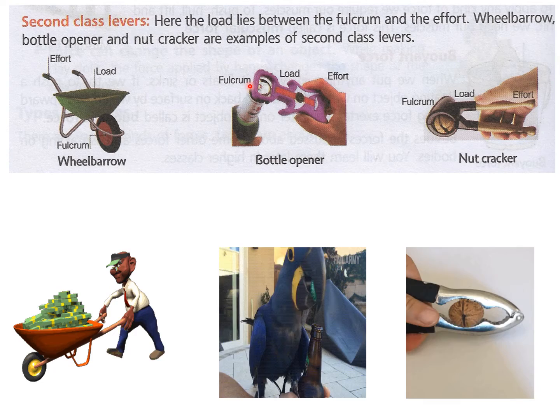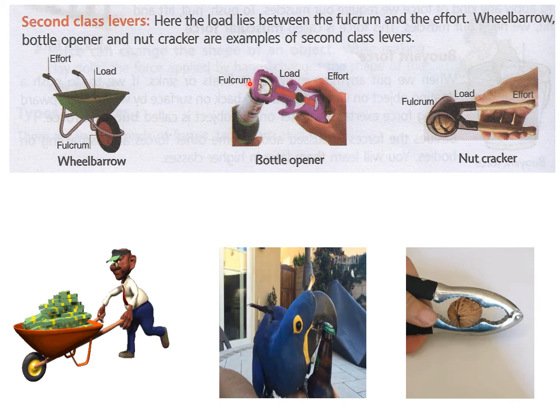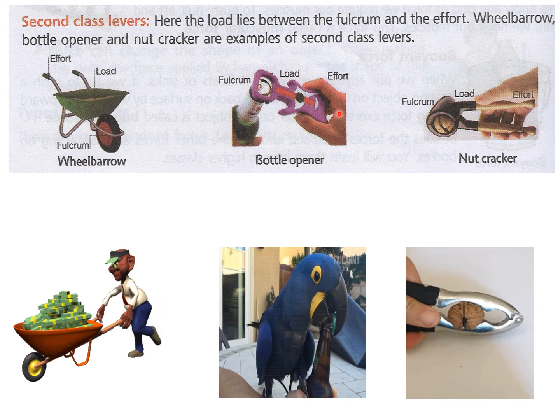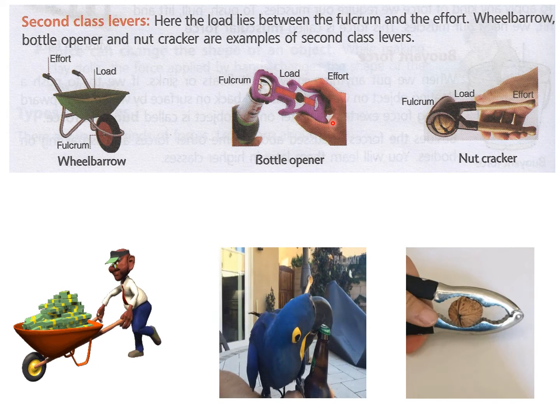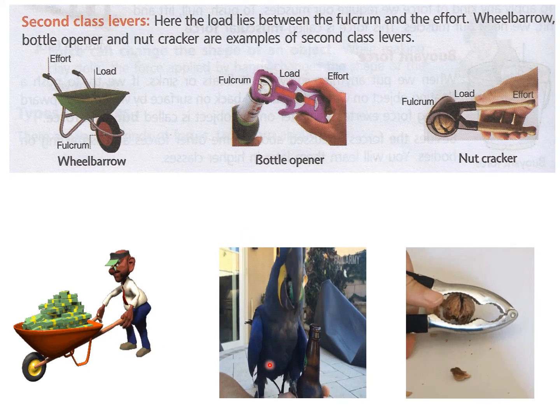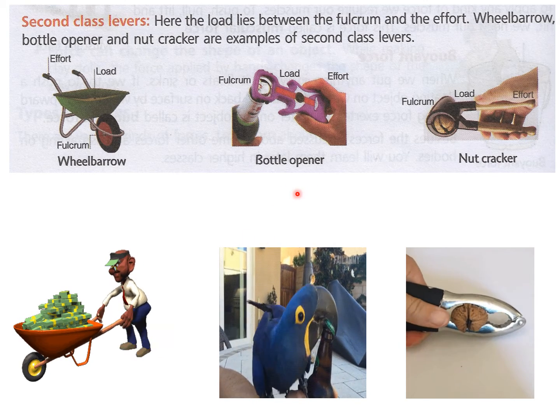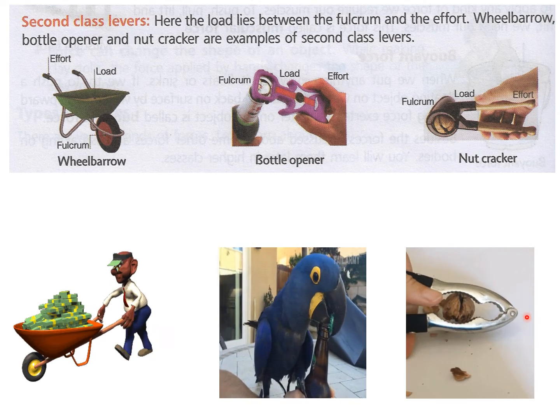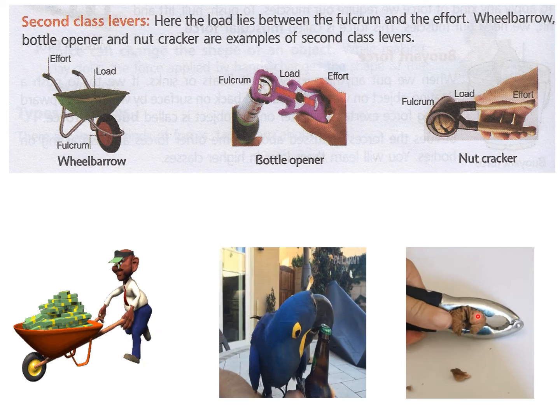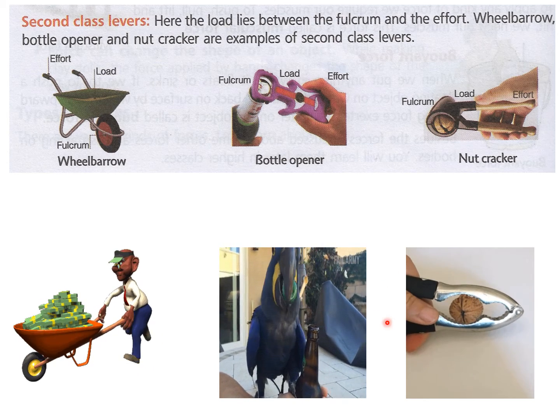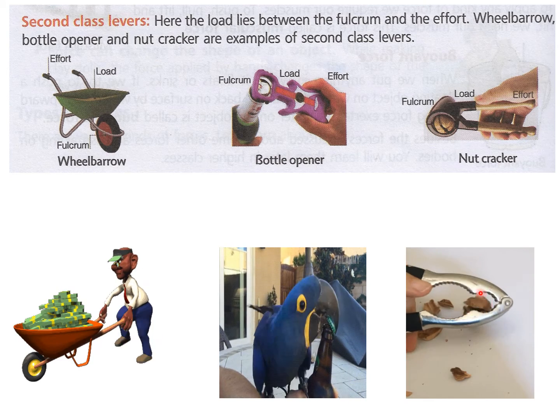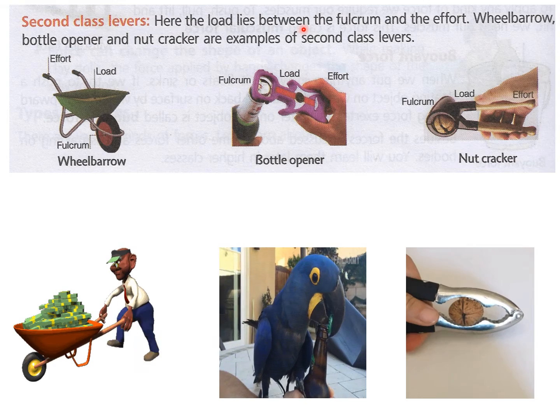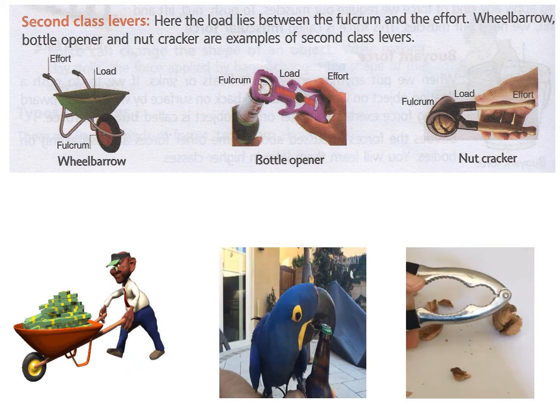So this is just like a bottle opener. You can see here you rest and move the bottle opener. So this is the fulcrum. In the center is the lid of the bottle, that is the load, and the effort is being made from this end. So this bottle opener works just like this, and it is a second class lever. Then this is a nutcracker. You can see the fulcrum is at the end, this walnut is the load, and the effort is being made on this side. So you can see the load is in the center. When the load is in the center, then it is a second class lever.